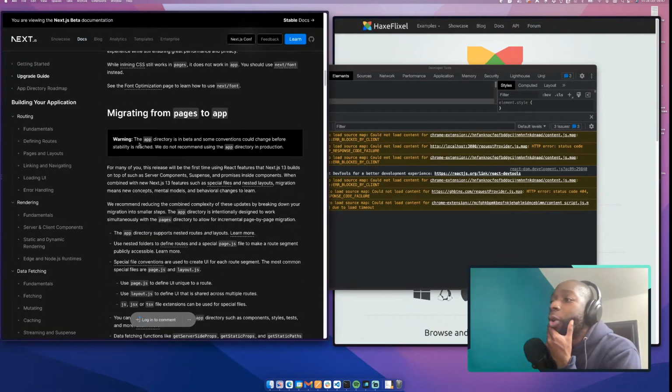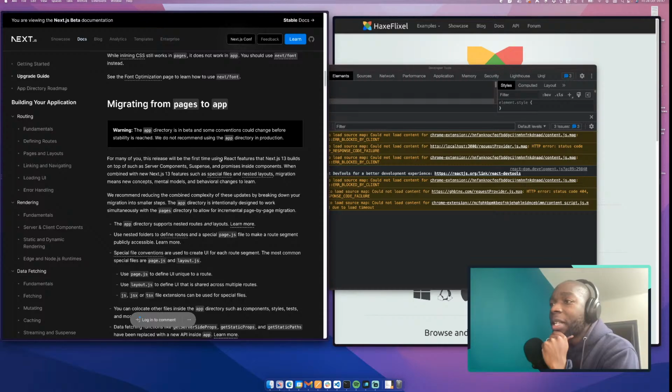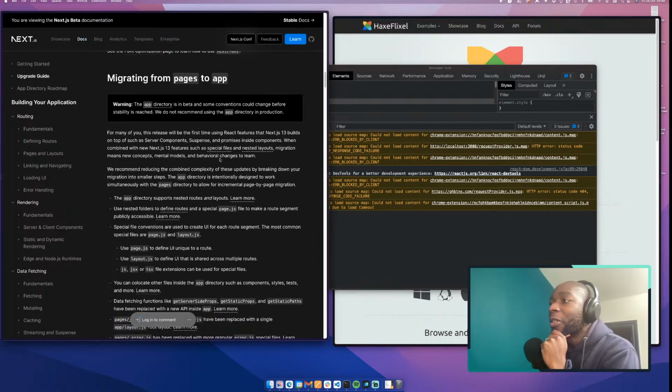Okay. Warning, the app directory is in beta and some conventions could change before stability is reached. We do not recommend using the app directory in production. I don't care about that. I'm going to do it. For many of you, this release will be the first time using React features that Next.js 13 built on top of, such as server components, suspense, and promises inside components. That all sounds very good. I'm quite excited. When you combine your new Next.js 13 features, such as special files, nested layouts, migration,